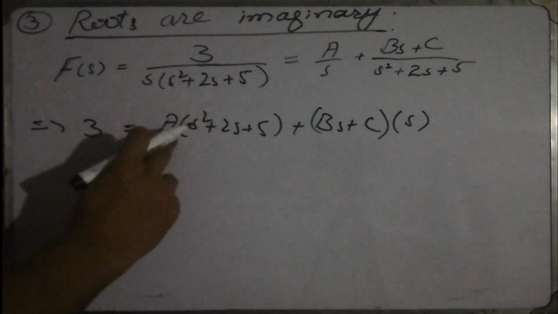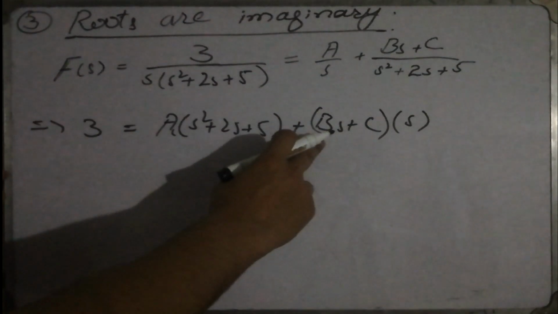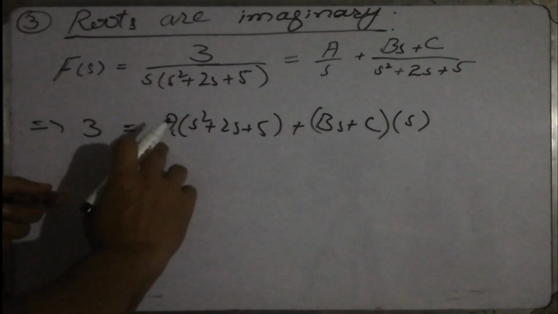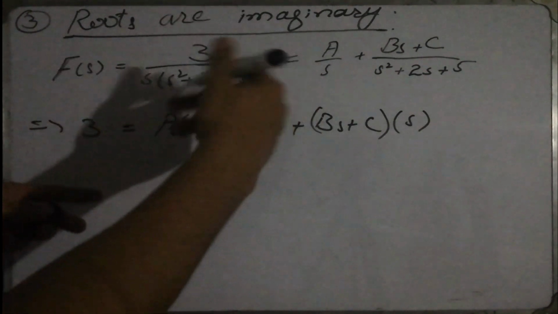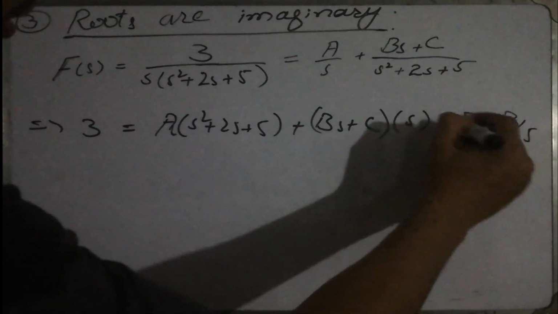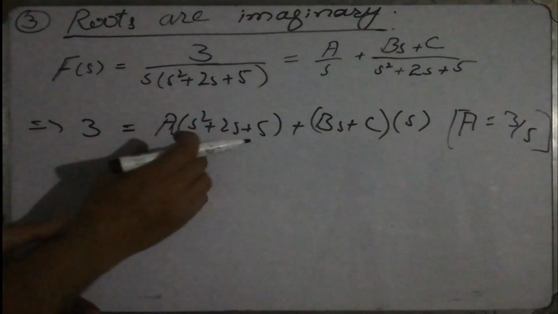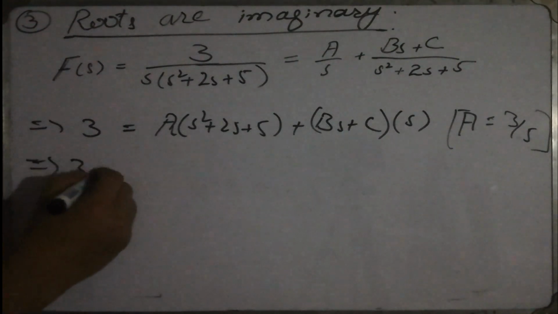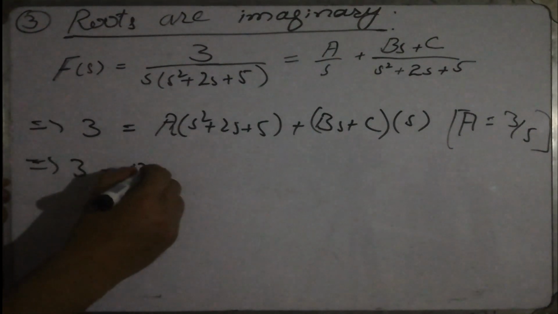Now in order to find the constants B and C, we have to replace A with the value we got, where A was 3 by 5, but let's keep it the same for now and try to simplify it. So 3 would be A s square